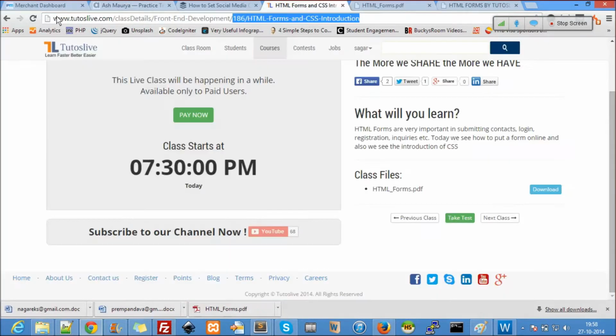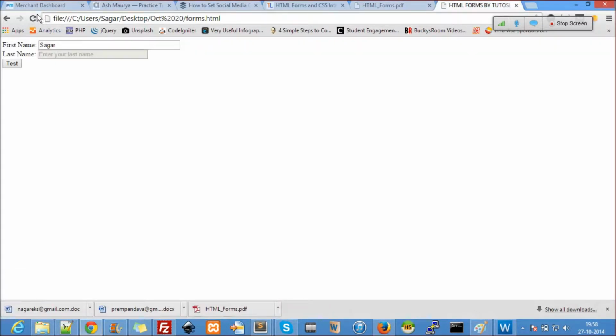So here, refresh. Now coming to the password, can you see the password here? You can't see the password, right? Whatever I type here, you can't see. But how do you get to know the password? Just submit it. This is the password I have typed. So this is really dangerous, right? When you are submitting passwords, don't ever try to submit them through URLs.